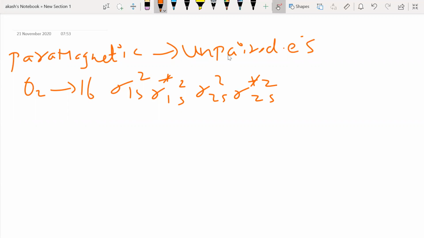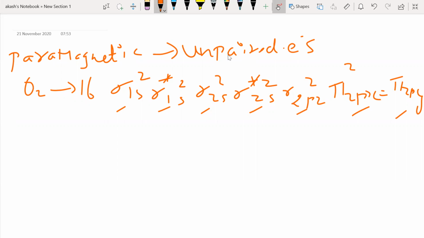And now it's more than 15, right? So obviously you have to put what? Put sigma 2pz2 here, and then you have to go for pi 2px equal to pi 2py, right? Done. So how many? 1 2 3 4 5, I mean 1 2 3 4 5 6 7. So now first I have to put one electron, then two electrons. Now I can directly put it. Not a big deal because both of them are completely filled.